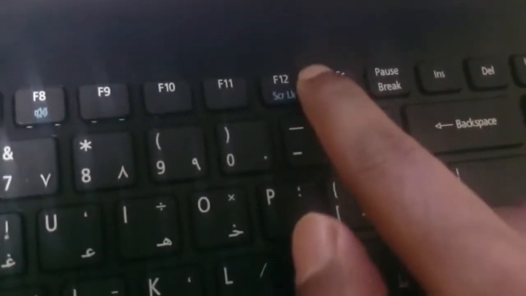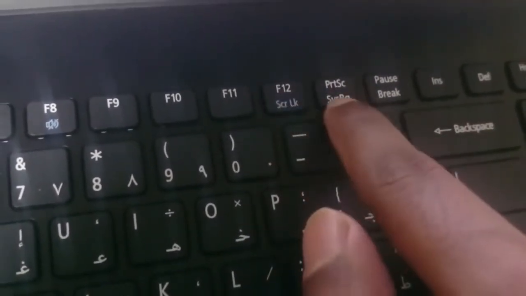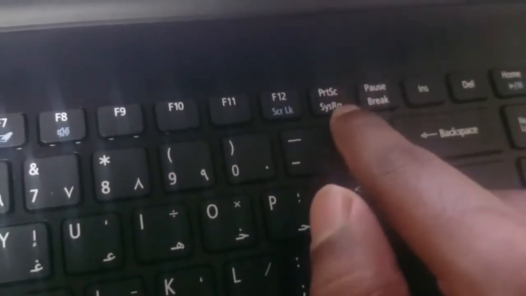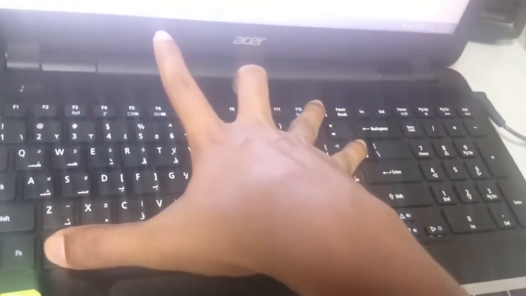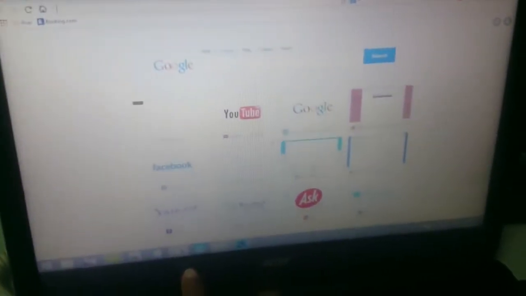Just wait. Press the Windows button and at the same time press this button. See here near the F12 button, this is the screenshot button. So I will show you that. See here, first I press the Windows button, then I press this, and this time you see the